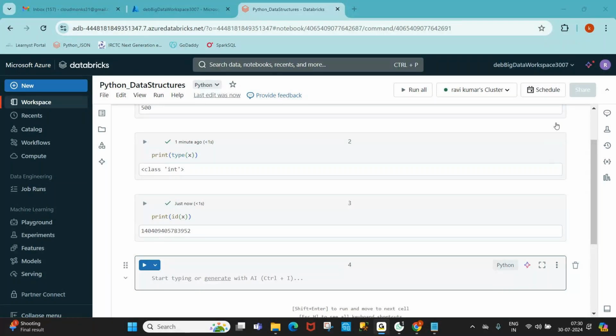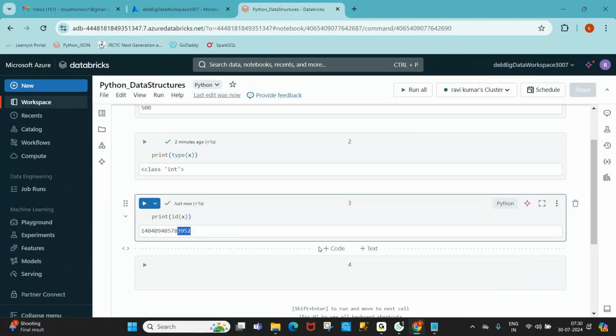It determines the memory address of an object in the RAM. Observe, this is the address. Now what value does this address contain? It has 500. Yes, this address contains the value 500.